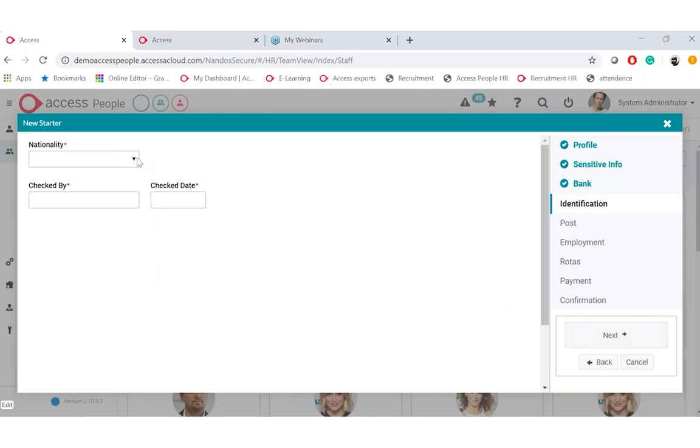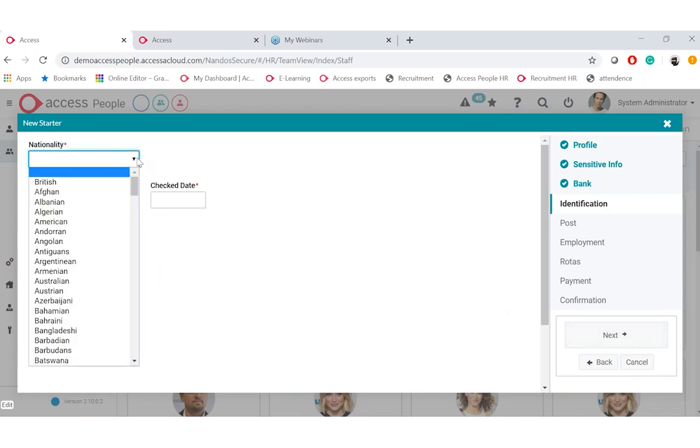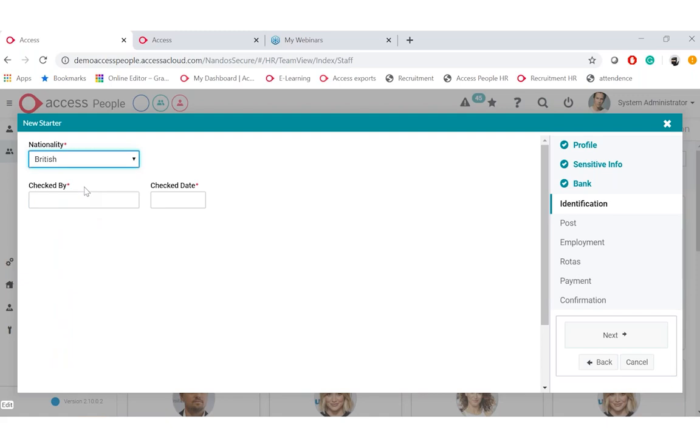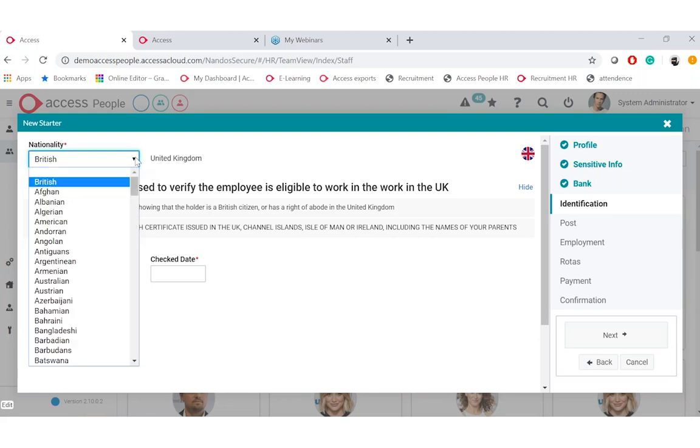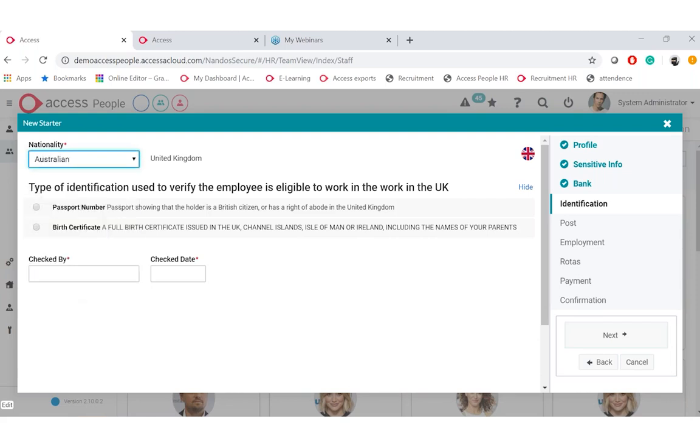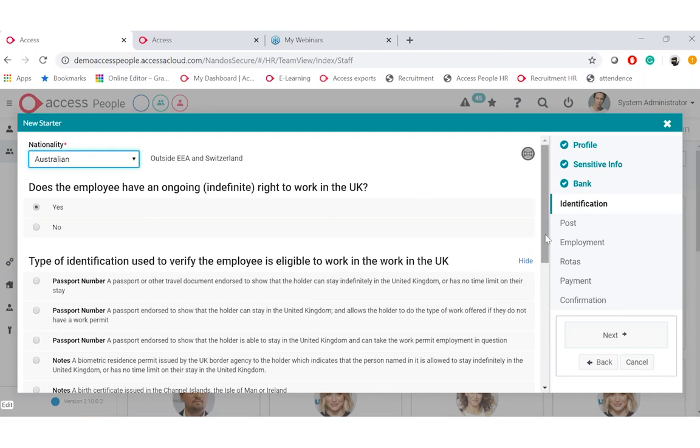So this is your eligibility to work. This is how the system will look at your candidates coming through. So if I was marked as British, it's just going to simply ask for my passport number or my birth certificate. But it will know if you are from another part, what information needs to be held.